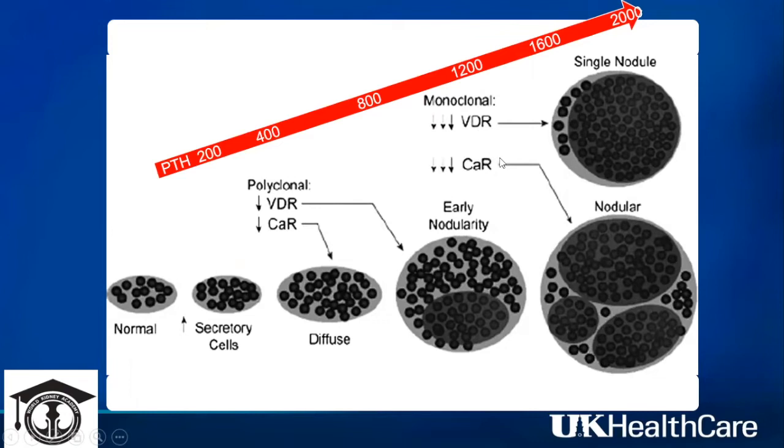Of course, this is important because we try to control hyperparathyroidism by working on either the vitamin D receptor or the calcium sensing receptor. We give vitamin D analog or we give calcium sensor receptor agonist like cinacalcet or etelcalcetide. If there is severe downregulation, in late cases, actually the medical treatment doesn't work. And at this stage of severe nodular hyperplasia, either single or multinodular parathyroid gland hyperplasia, we usually need surgical intervention with parathyroidectomy, and it's a point of no return.